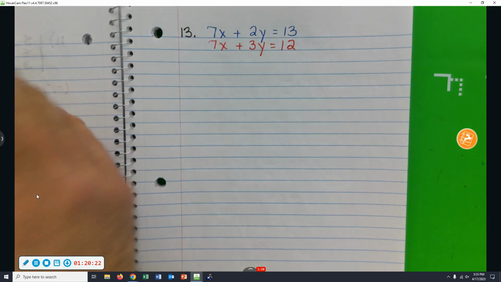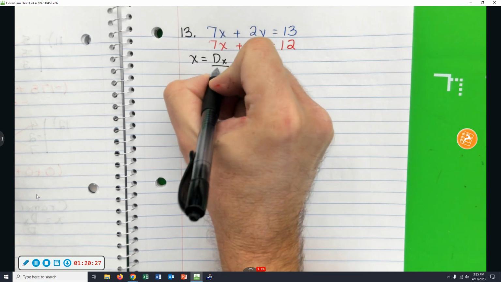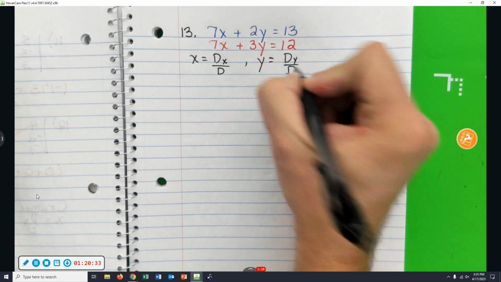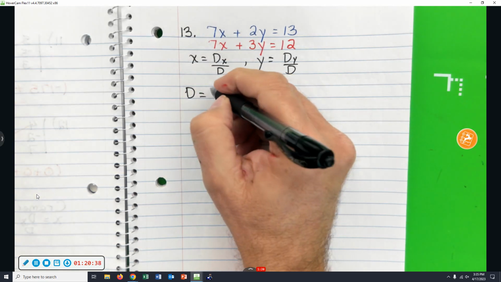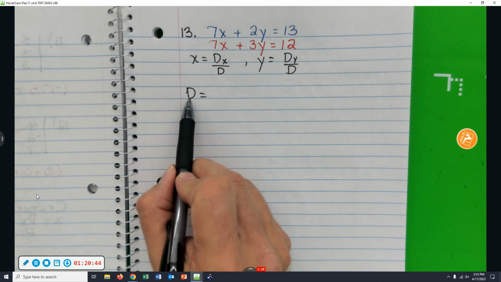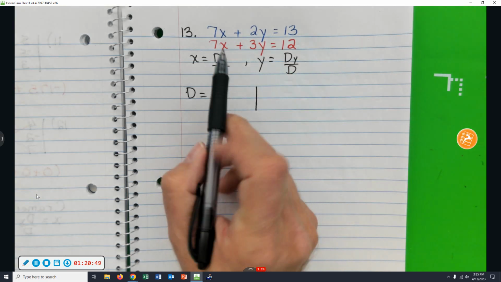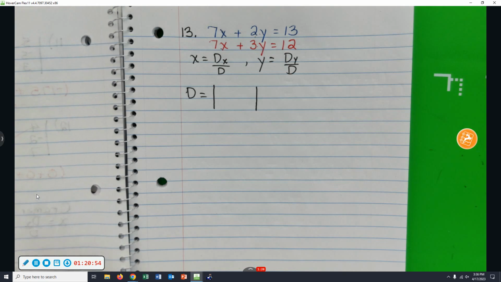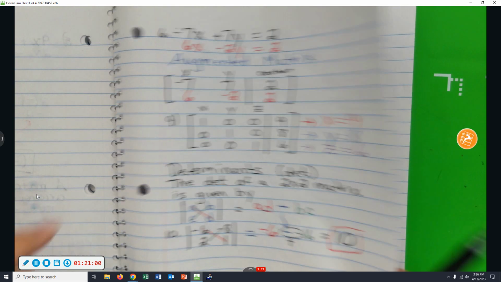Here's Cramer's rule. x equals Dx over D. It's a subscript of x over D. And y is Dy over D. Natural question to ask is, what the heck is D? What's Dx and Dy? Well, to find D, you're going to write what's called the coefficient matrix. We're going to be using this type